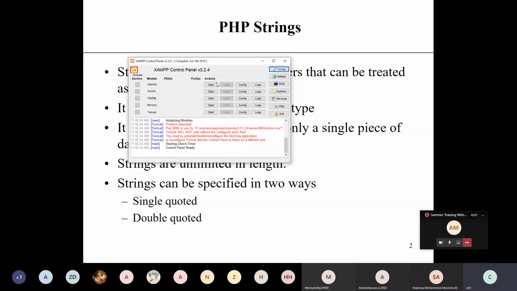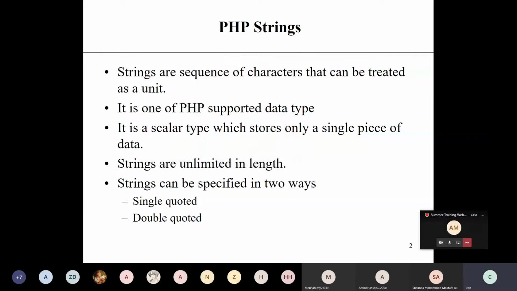The first thing we need to do is start Apache. Basically, when you are not using any database, there is no need to start MySQL. But it is good practice that whenever you start a PHP program, you start these two servers, Apache and MySQL. Then close it. It will run in the background. Yesterday I showed you that if you close the XAMPP window, that doesn't mean it shuts down your server. Okay, it runs in the background.